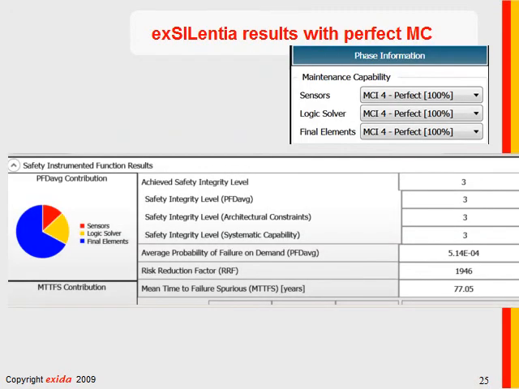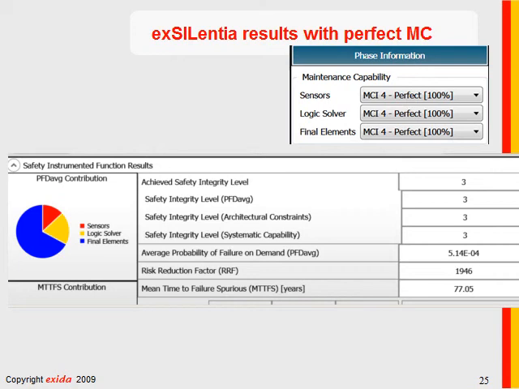What kind of numbers? Well, I can give you an example by taking a look at maintenance capability impact from the exSilentia software. I did a very simple safety instrumented function with some redundant sensors, a SIL 3 safety logic solver, and redundant final elements.